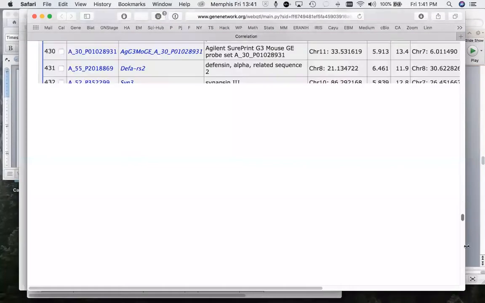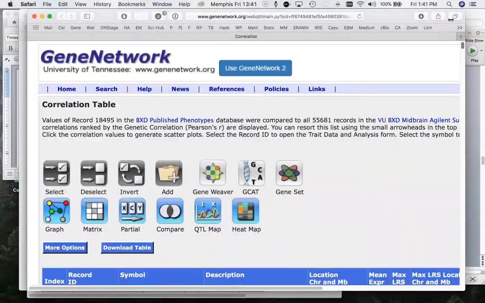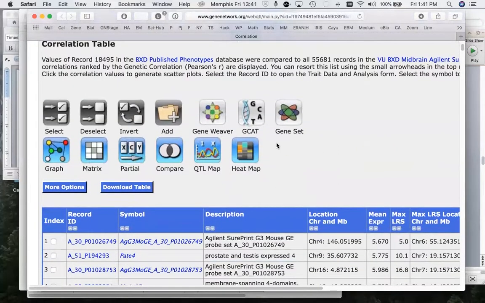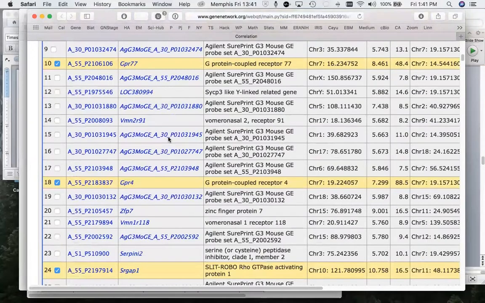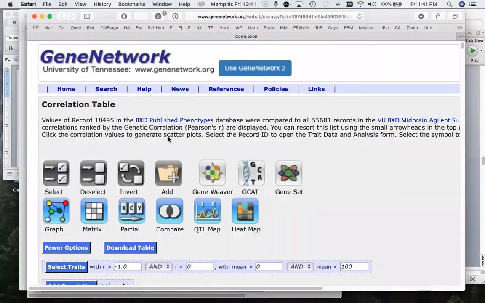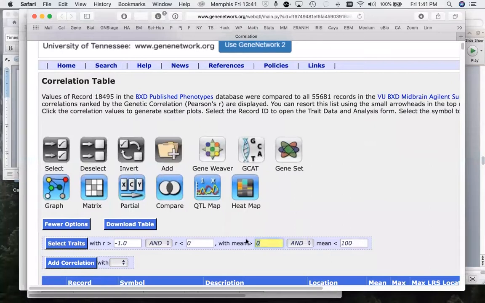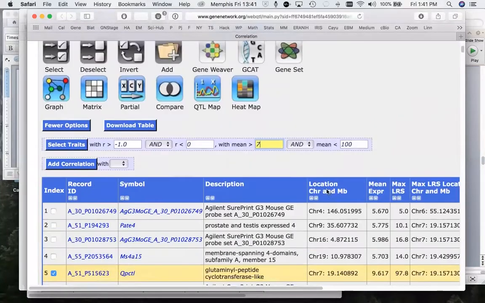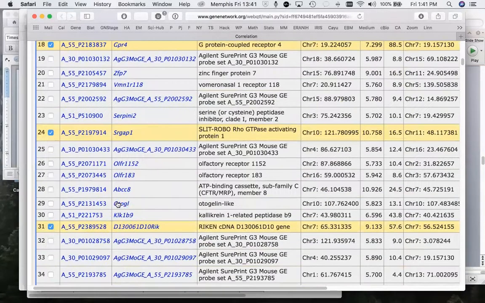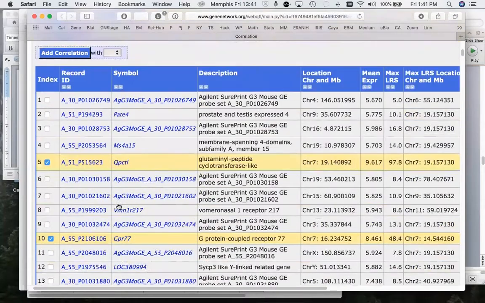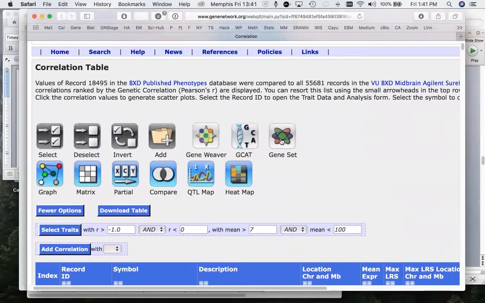I could export this. So I go to the top and I could say, just export that list. If I want to do something clever myself, I can download the table. I could say, I just want the negative covariates, please. Show me how many negative covariates you have there. And it will select just the negative covariates. I could say, just select the negative covariates that have reasonably high expression. Let's call that 7. Select those. So now I've trimmed it a little bit, and then I could do a classic gene ontology analysis.